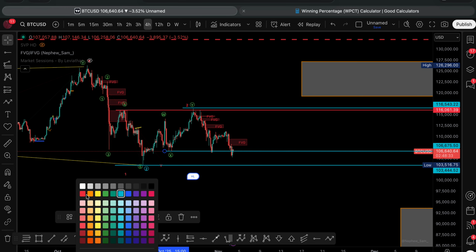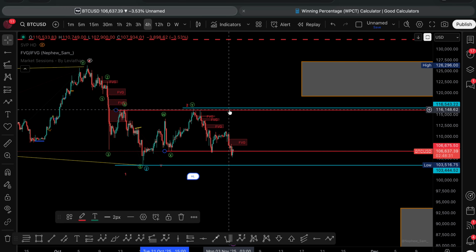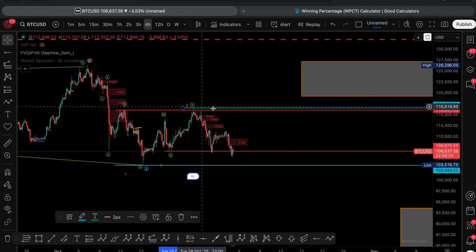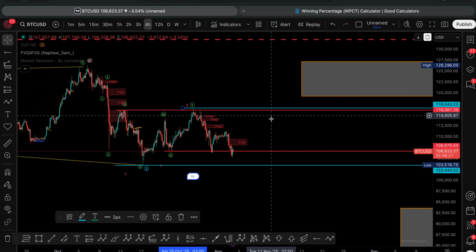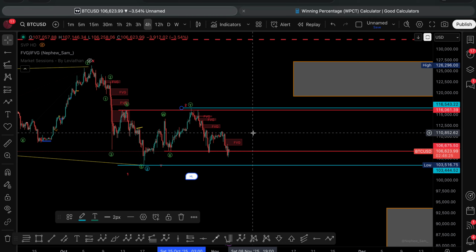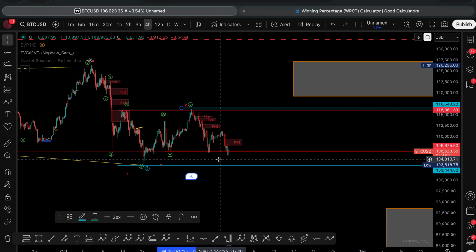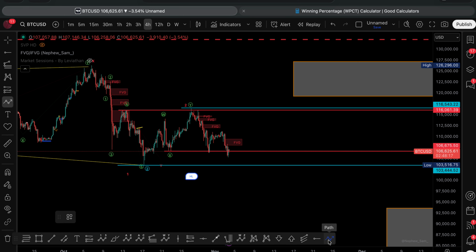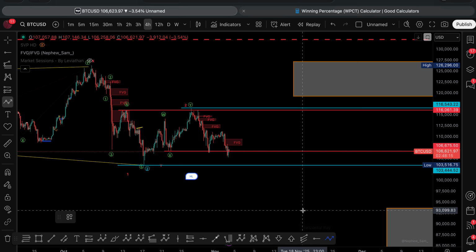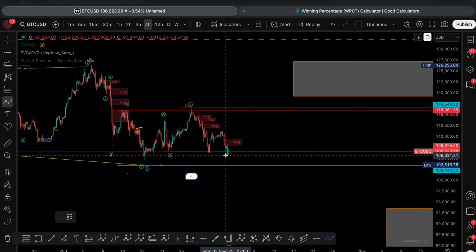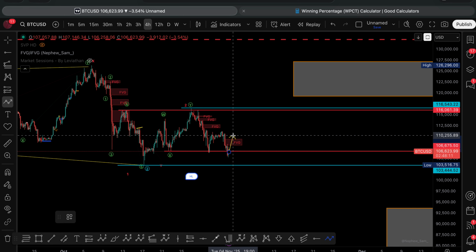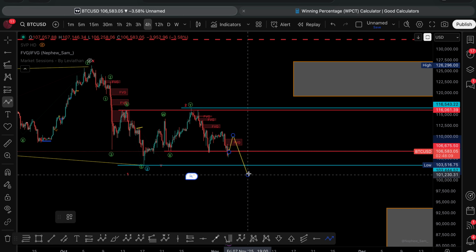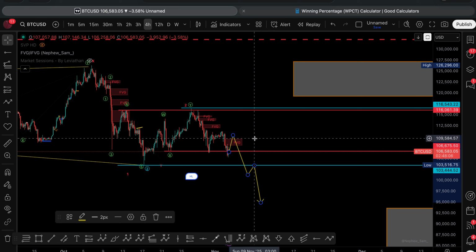I'll mark it red. Since we have broken, the blue is the daily, so this is the range we're going to be trading in, right? And since we have closed below this level, if I were to follow my method, my system, I should be expecting a pullback from here and then continue dropping to the downside, right?